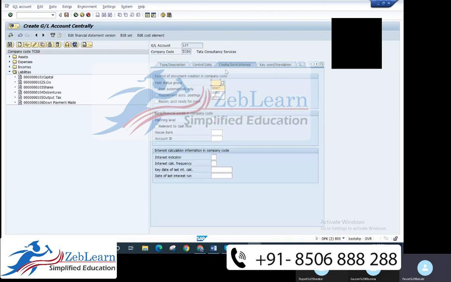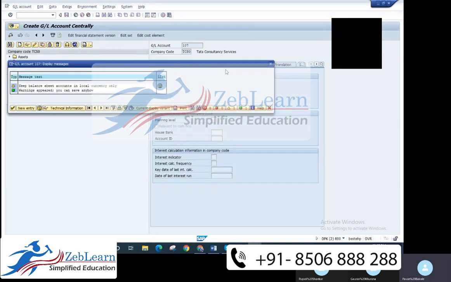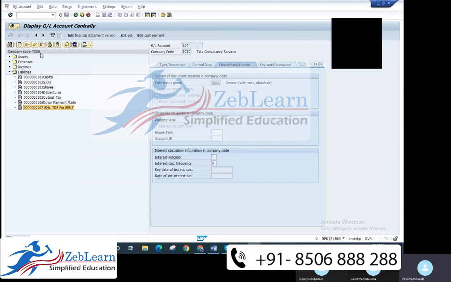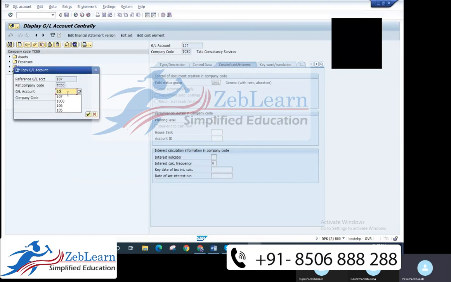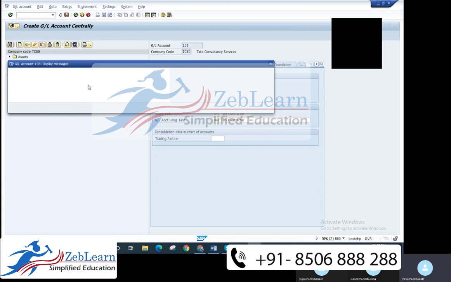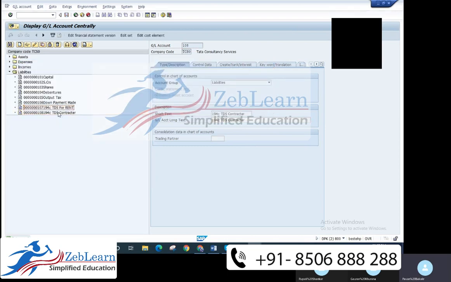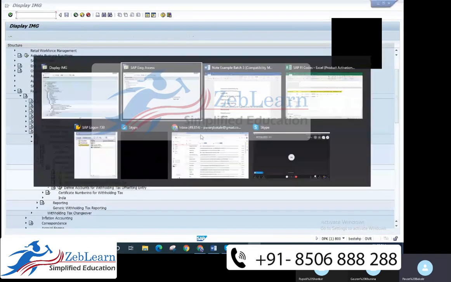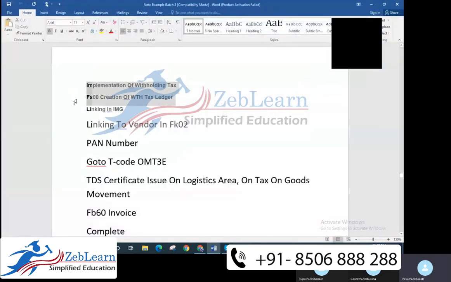The same is showing the deposit. The same is showing the vendor invoice. We'll copy this as 108 and just change the name into 194C4. Copy this, paste here, save. So both the things have been created. Both the TDS accounts have been created, for the rent and the contractor account. So we are done with FS00. These two things are completed.